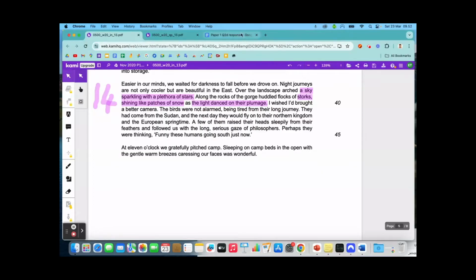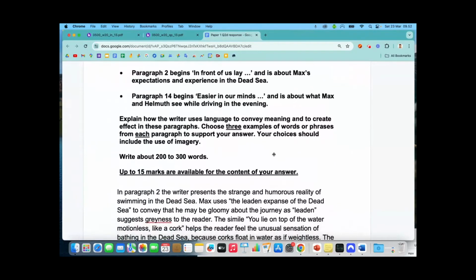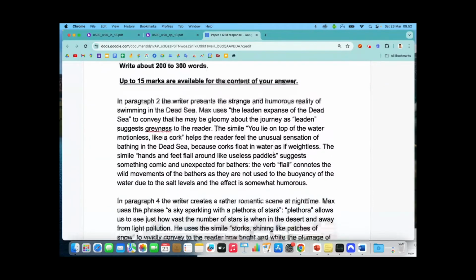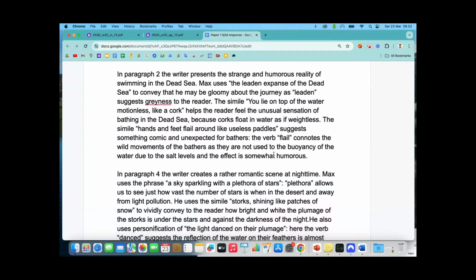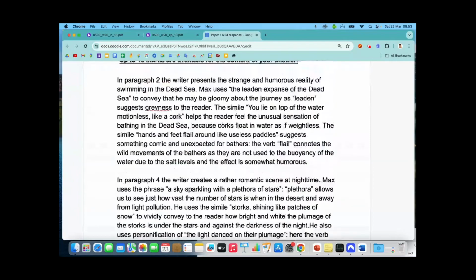Okay, so let's have a look at the response. I've put the question at the top there, just as a reminder. I think there are really 2 ways that you can go about answering question 2D. One is to do it in paragraphs like this, and the other is to do it almost quote by quote with some unpacking, and of course, talking about and explaining the effects on the reader, how and why the writer might have used these words or phrases.